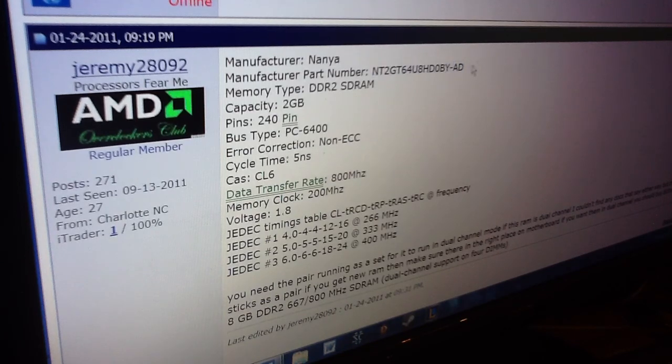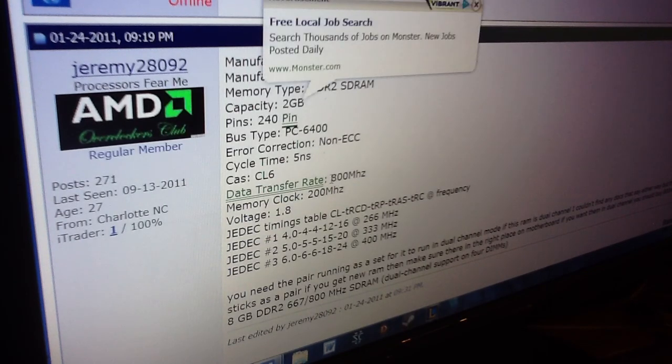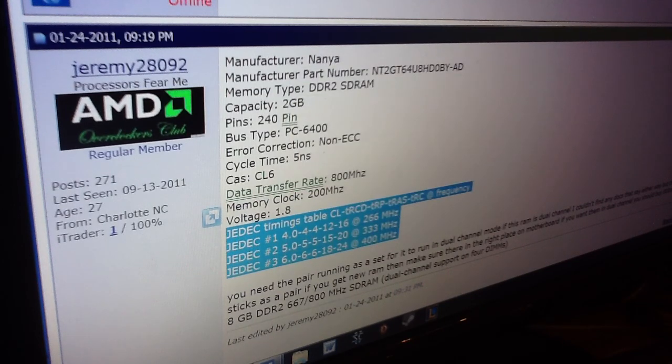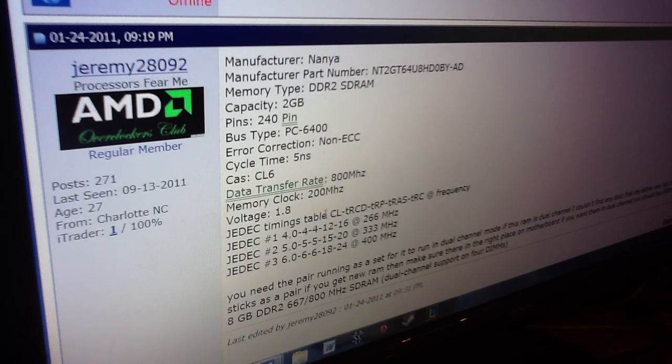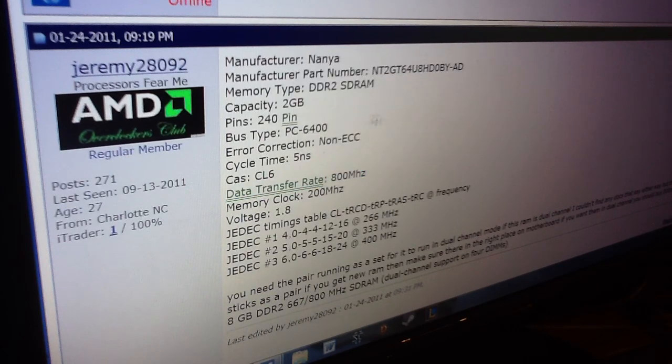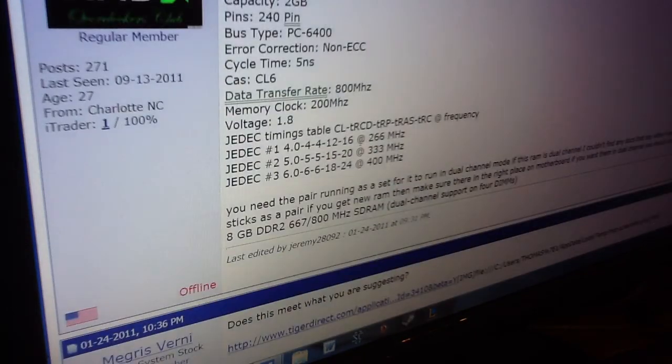Just look it up on the internet and you should find all like the memory type, capacity, pins. What you basically need to know is the data transfer rate, which is right here, and the timing. Make sure you copy all this down. And this right here. Okay, so after you figure out all this information,